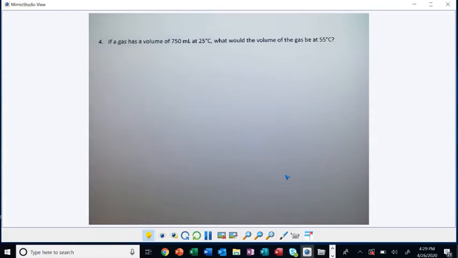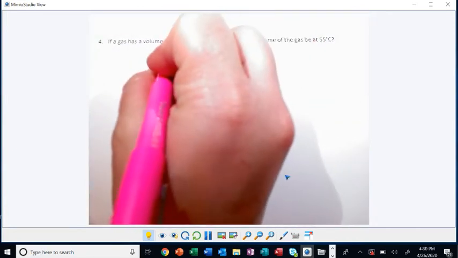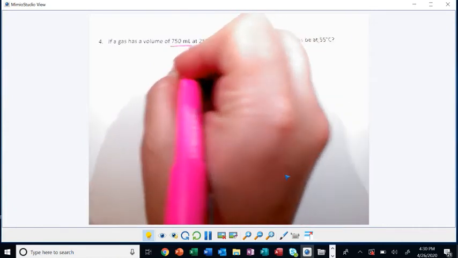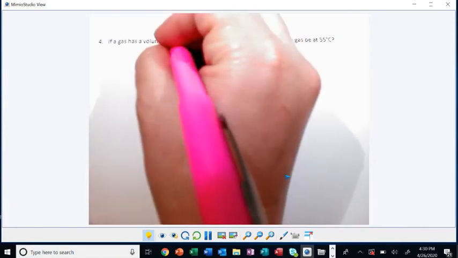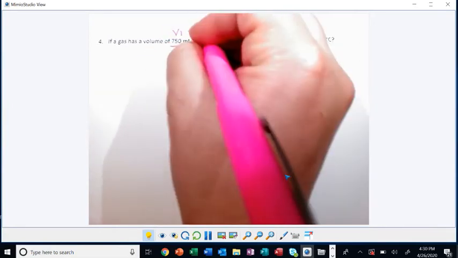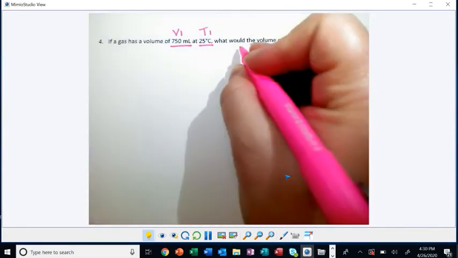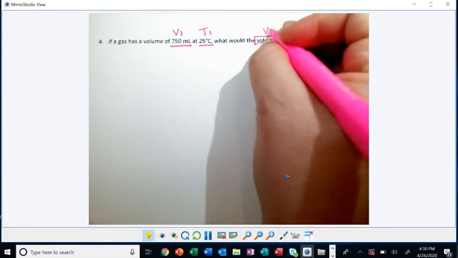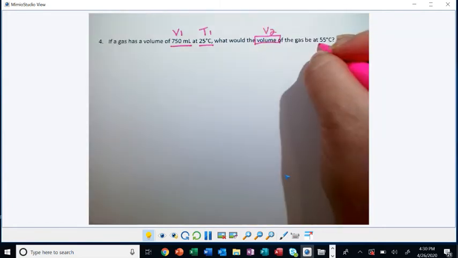Fourth and final guided practice. It says if a gas has a volume of 750 milliliters at 25 degrees Celsius, so milliliters is volume, degrees Celsius is my T1. What would the volume, so I'm looking for a V2, of the gas be at 55